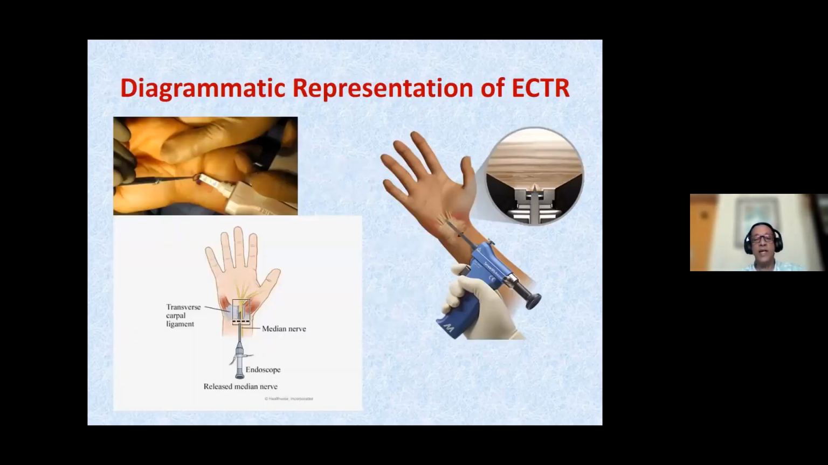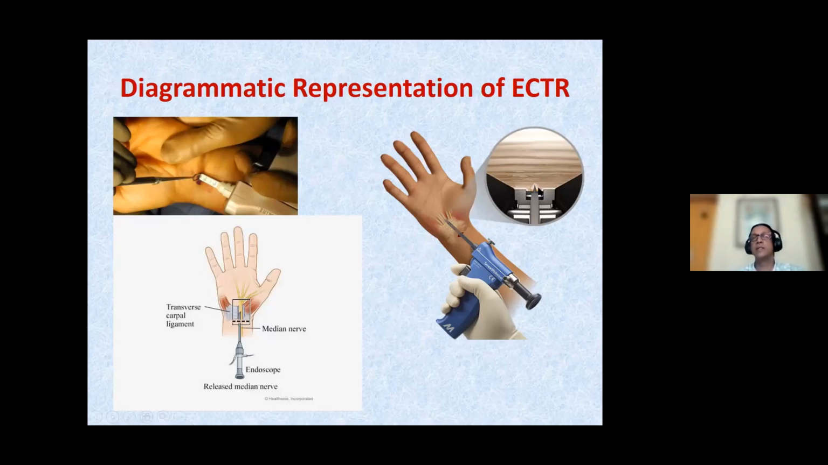So this is again a diagrammatic representation where, as I said, you make a small incision at the wrist crease. This is the scope. It basically looks like a gun with a lever, which gives rise to a knife within the scope, which comes up or pops up. And here you actually go into the tunnel. The ligament is seen above, and then through this knife, which is called an upcutting blade, you cut the